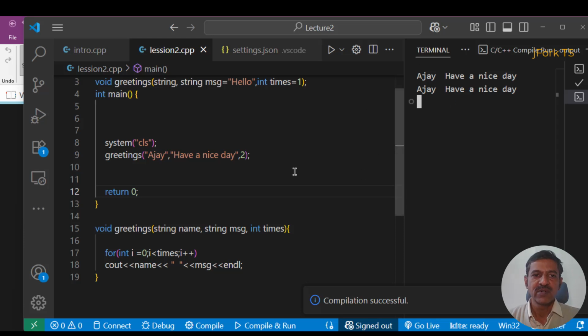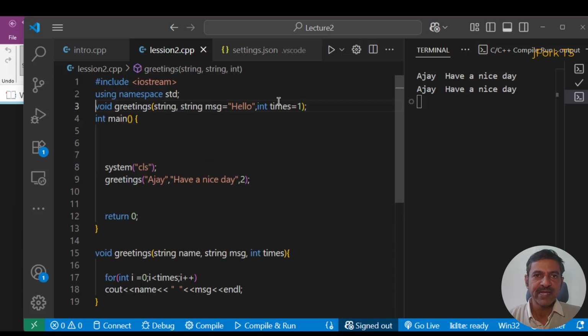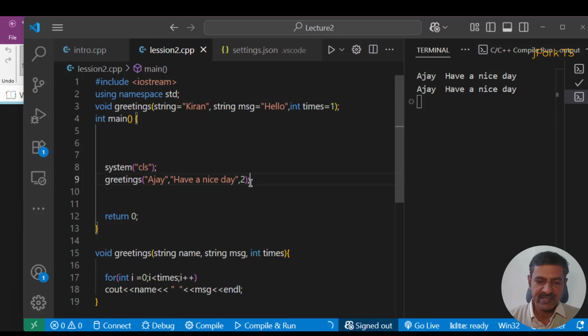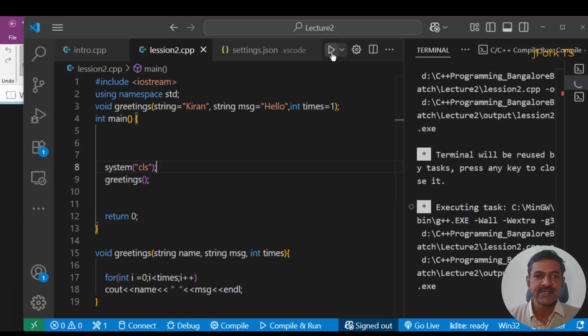Okay. So it is very versatile that you write a function and define one or two arguments as default. However, certain rules apply. The default values have to be assigned from right to left. Okay, and all three can be default values. For instance, if I say Kiran here, and if I call the function without mentioning any argument, then it would display the default message Kiran hello only one time, as you can see,